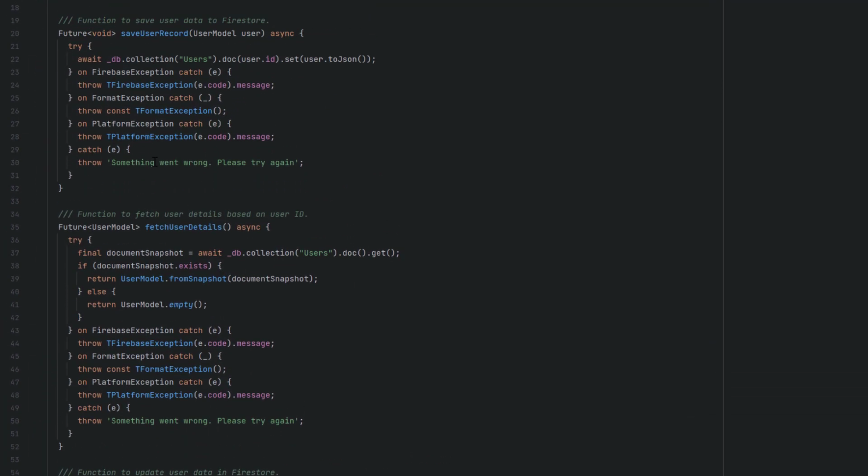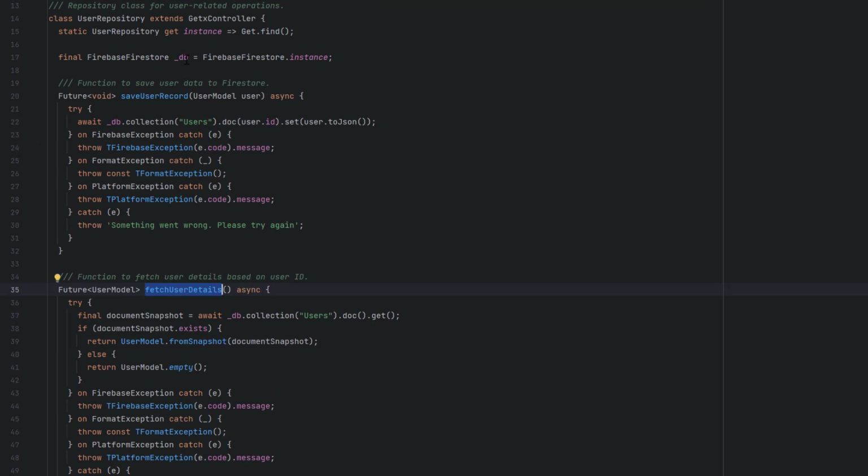In here, again, to get the user details, I have created a function, fetchUserDetails, and inside you have to first use the await keyword because it's a cloud query, so it might take some time. So using the db, which is FirebaseFirestore.instance, call the collection again, collection of users, because we want to get the data of this user. And inside this document, we have to tell which document data we want to retrieve, right? To retrieve a document of one specific user, we have to define the ID of this document because while storing data,